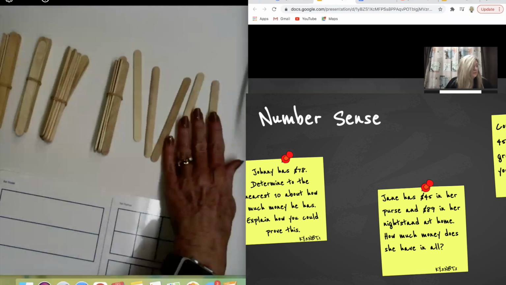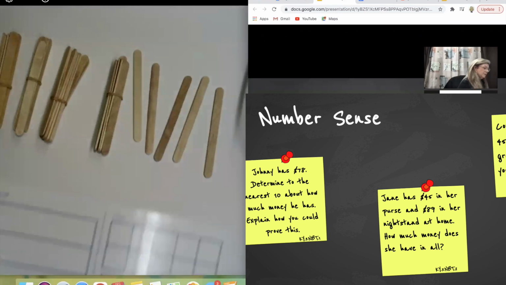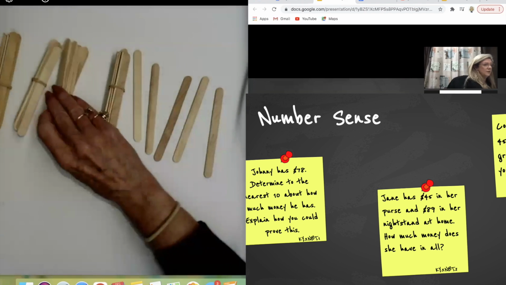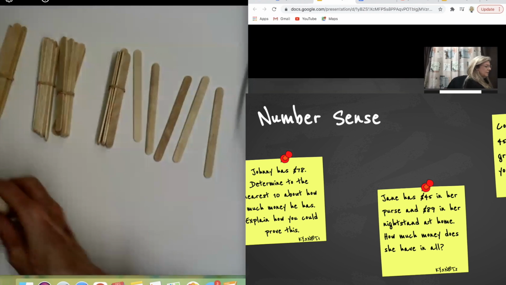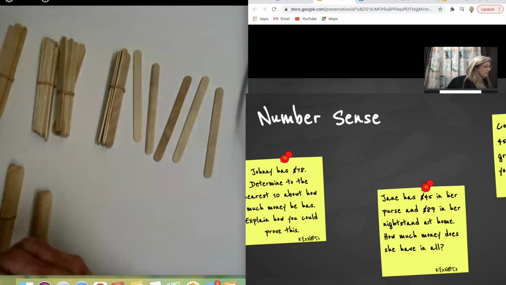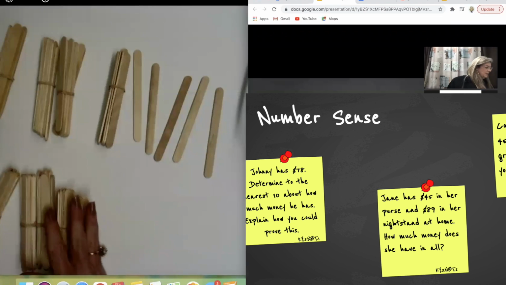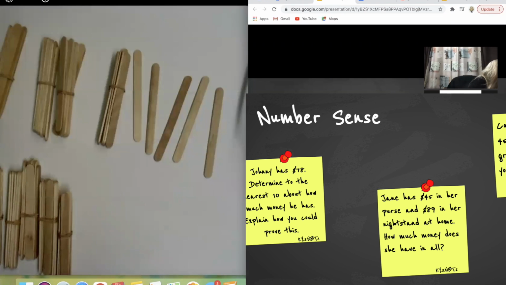$5. And then we could build 89. And I don't know if I have enough bundles down here for us to build. I don't know if I can even get it on the screen for us. But we could build the 89, 20, 30, 40, 50, 60. We'll pretend we've got 80 down here.